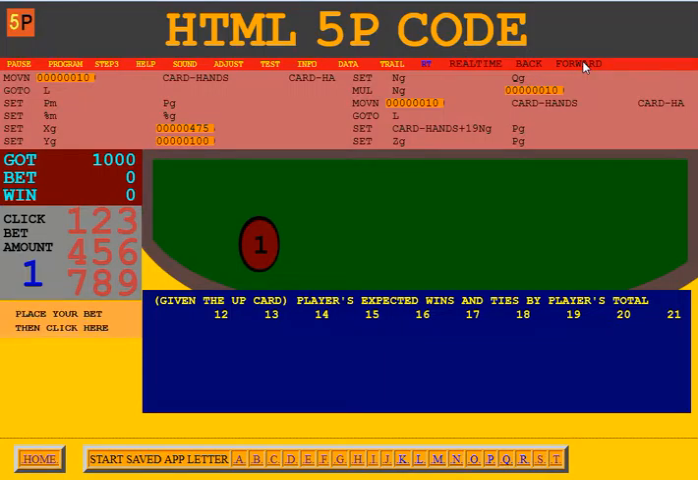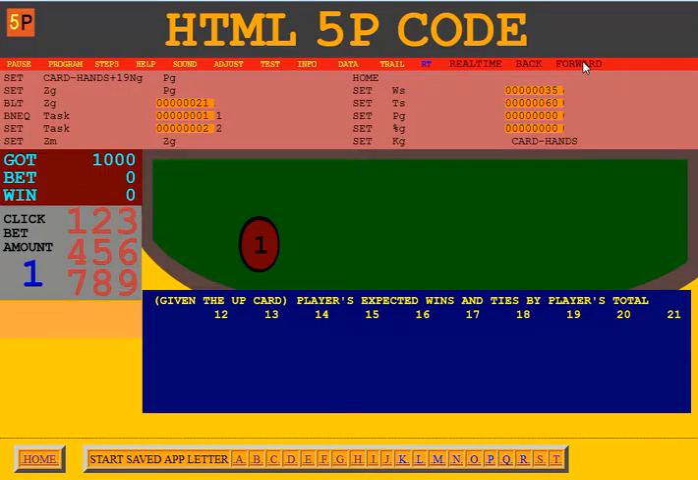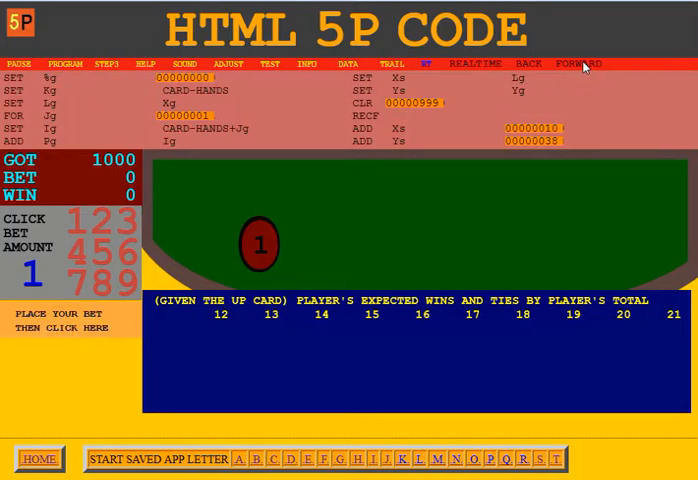Now I'm looking for the color white, which is 999. And I hope I didn't miss it. Ah, I didn't. There it is. I'm going to start the game. I'm going to make a bet,